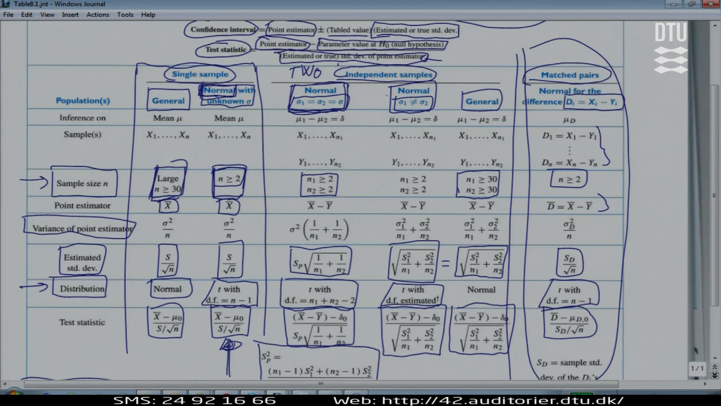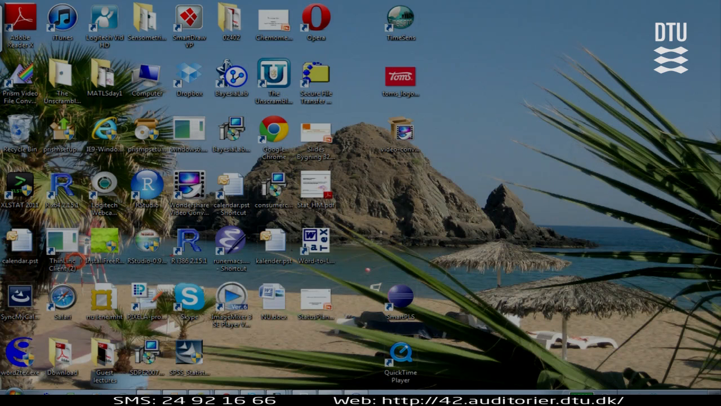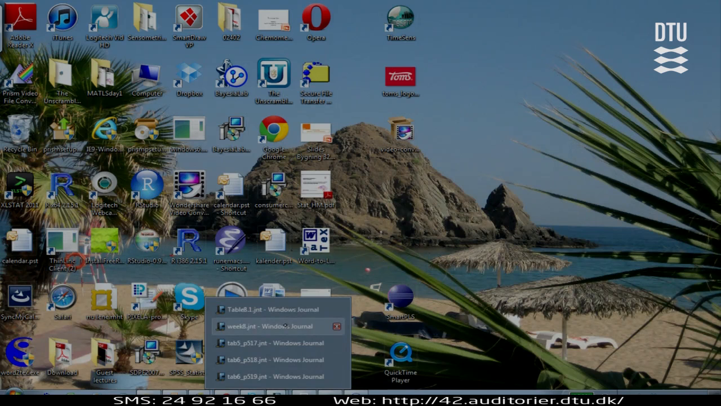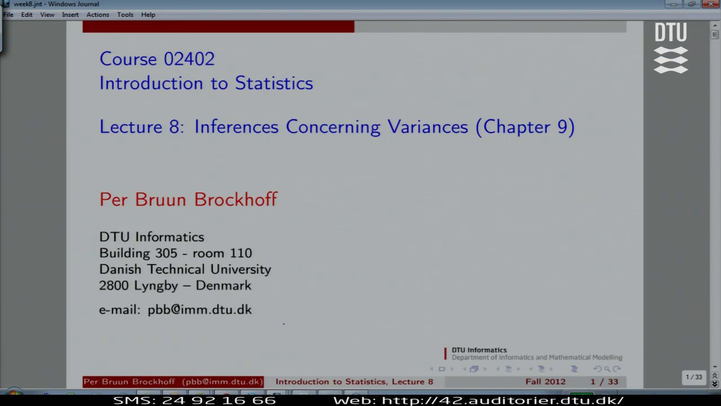But how could we know whether it's really okay to put the variances together? For that, it is important for us to be able to do inference on the variances themselves. That is important for this, and it's important for even more general applications. And that is, in fact, the topic of today. So we start with the first